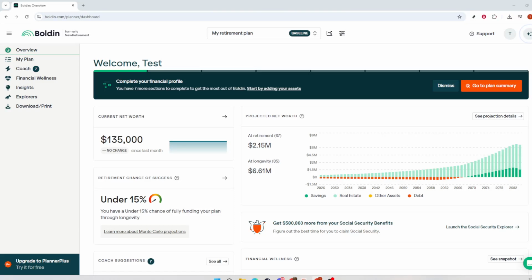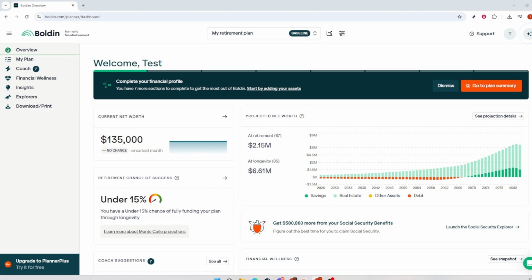In today's video, I'm going to teach you how to add recurring expenses in Boldin. Recurring expenses are the backbone of any reliable budget. Think of things like rent, streaming subscriptions, insurance premiums, or gym memberships. Setting them up correctly in Boldin makes your plan more accurate and helps you avoid surprises later. We'll keep this simple and clear, and by the end, you'll have a repeatable expense that automatically shows up on